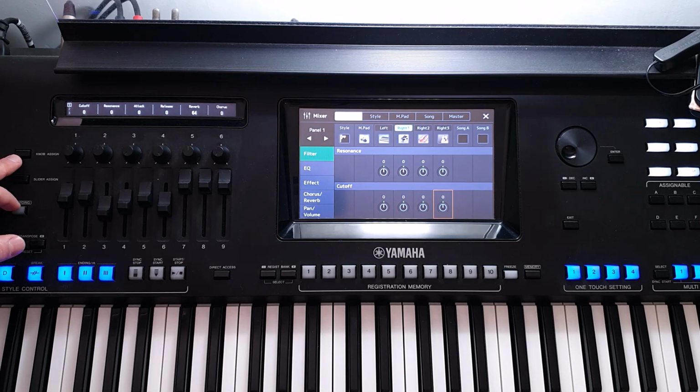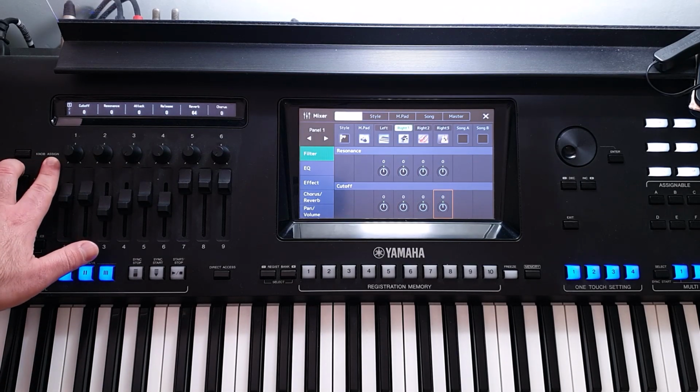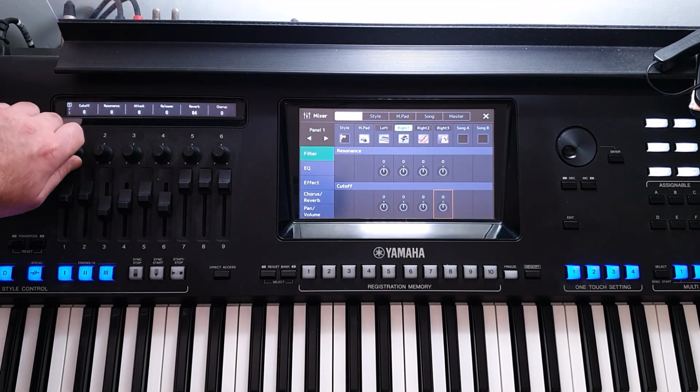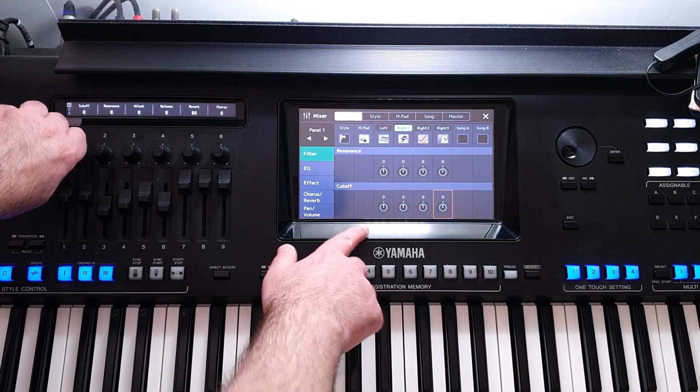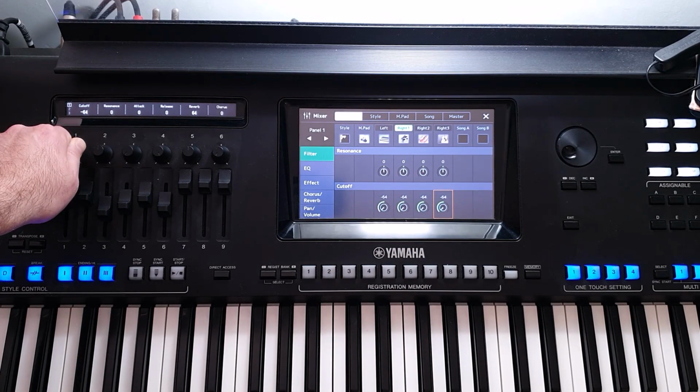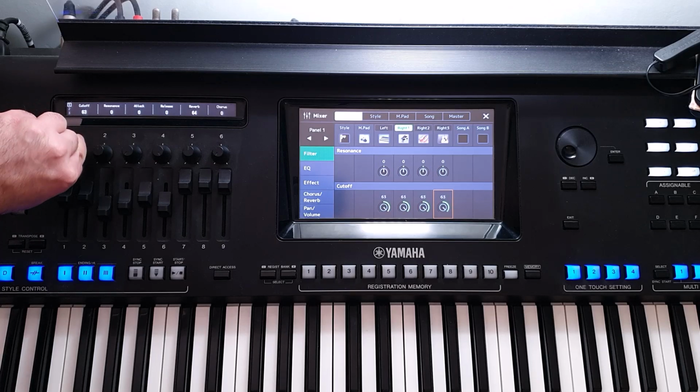The first knob assign handles all the parts like Right 1, Right 2, Right 3, and the Left part. So when we start to play with the cutoff, pay attention here. You see, all the parts go down, all the parts go up.